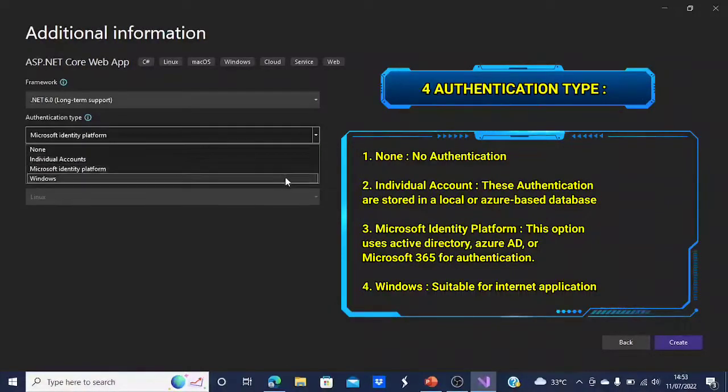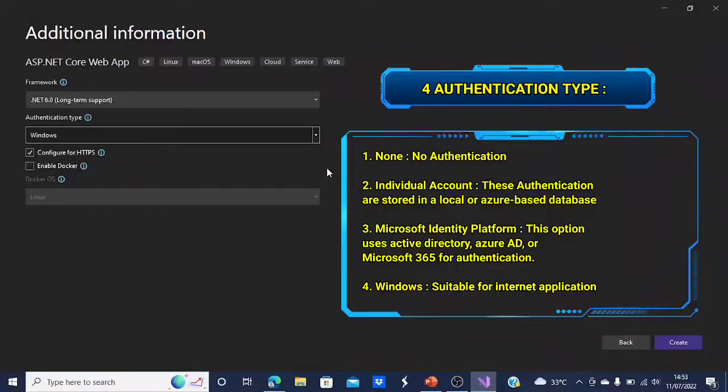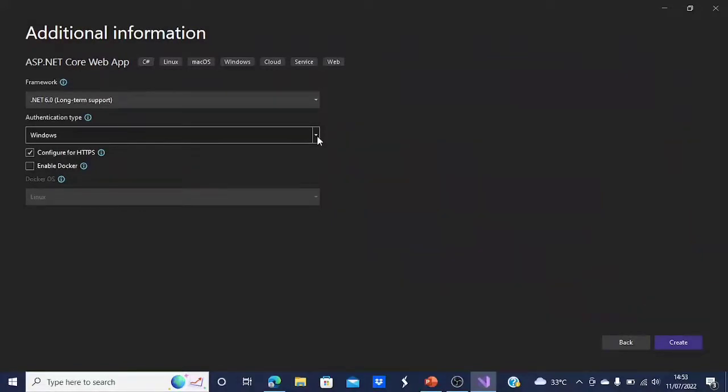And the last is Windows. It is suitable for intranet applications. Leave the enable Docker box unchecked and select none for authentication type. Next, select create. Click none and this disable. Click create.